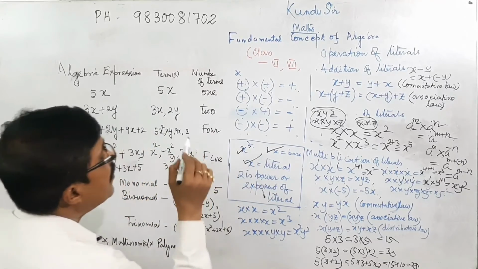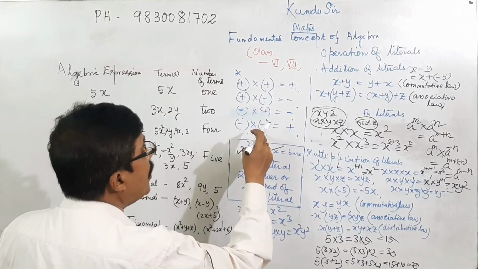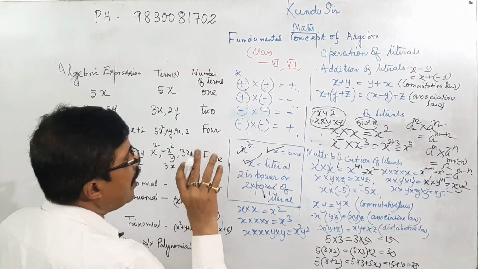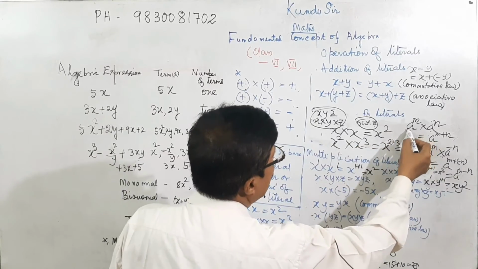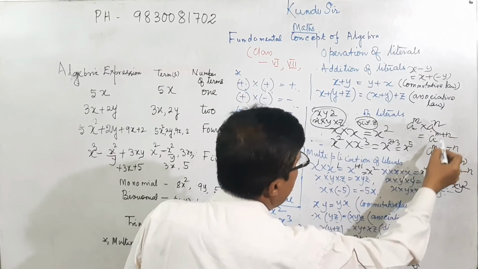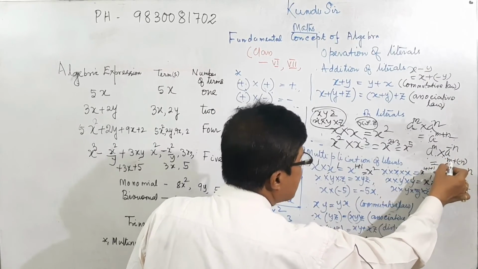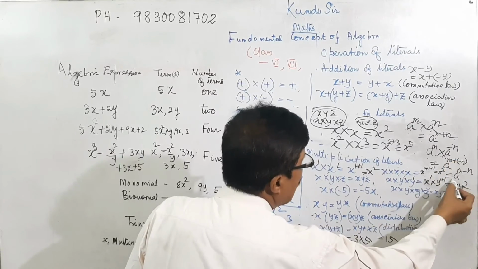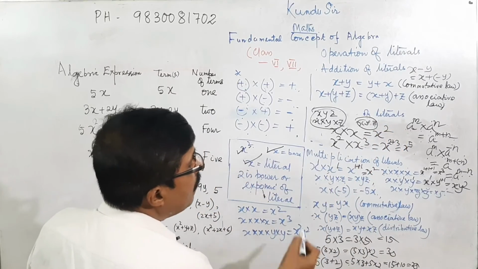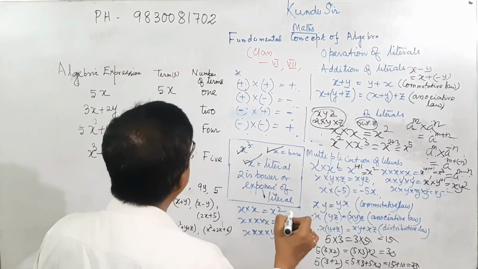Also, x square is a term, where x is called the base and the power is called the exponent. For all exponential terms, a to the power m into a to the power n equal to a to the power m plus n. A to the power m into a to the power minus n equal to a to the power m plus within bracket minus n, equal to a to the power m minus n. And the multiplication rules for commutative law, associative law and distributive law I have already explained.